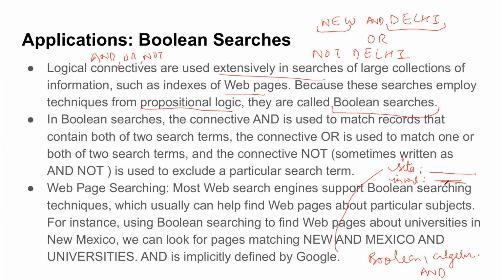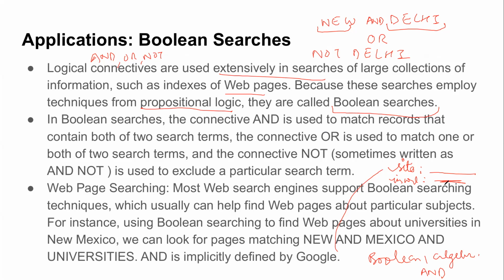So this is a very relevant and very directly connected application of your propositional calculus, which we use on a daily basis, and we normally tend to ignore because we don't realize what is going on. People day in day out use so much Google, but the fundamental idea there is this Boolean search. They're using these connectives implicitly. Is this clear, class, how Boolean search and logic are connected?